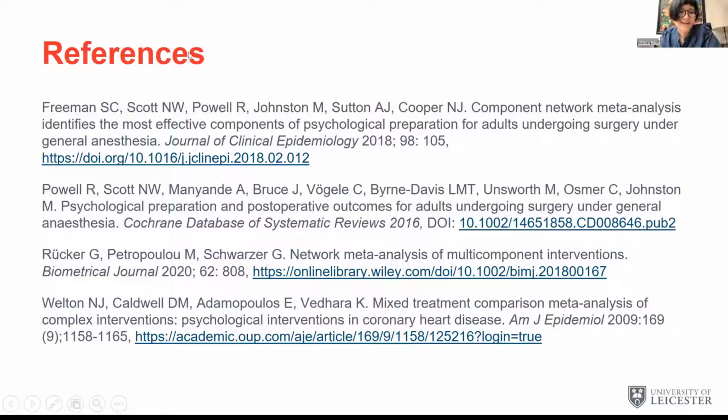Thanks, Suzanne. That's really helpful to just go through the underlying principles and the fundamental methodology for the component network